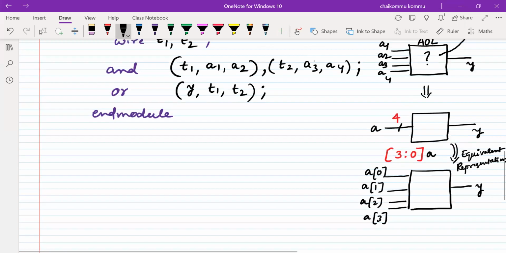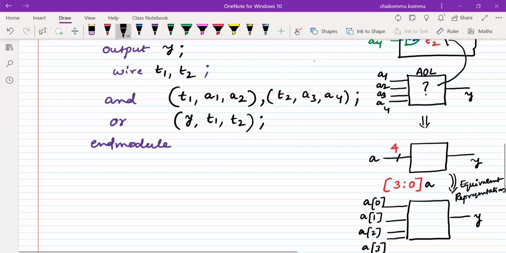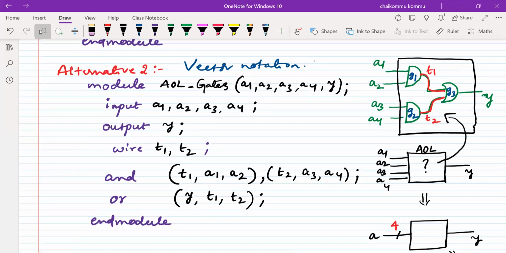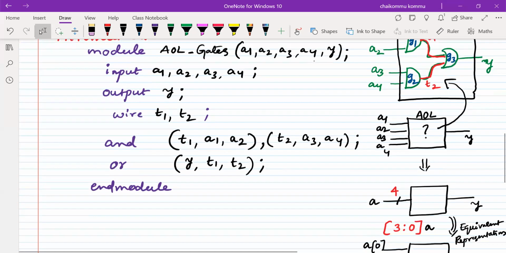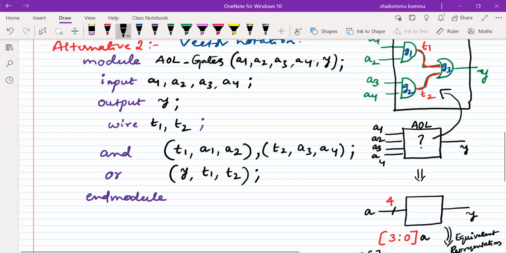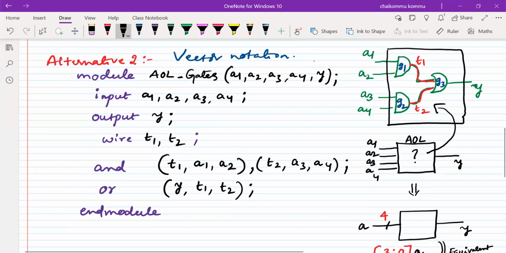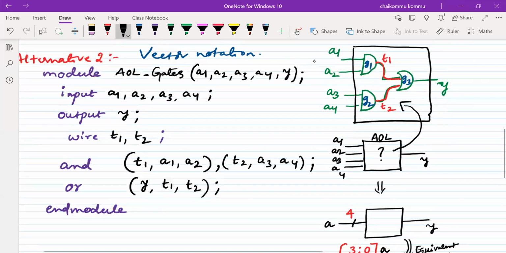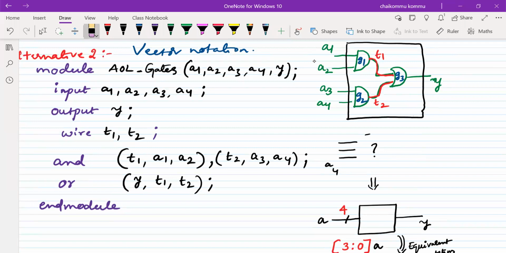Fine. Now, as I mentioned, I have to write the external view based on the top level. So what I'm going to consider here is the module.